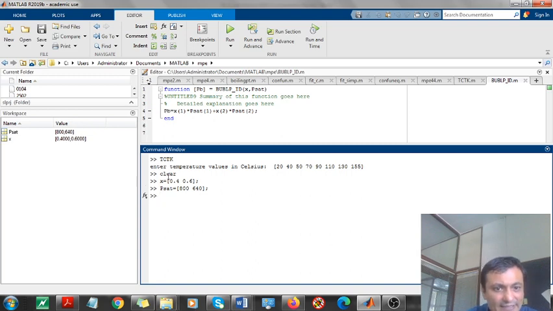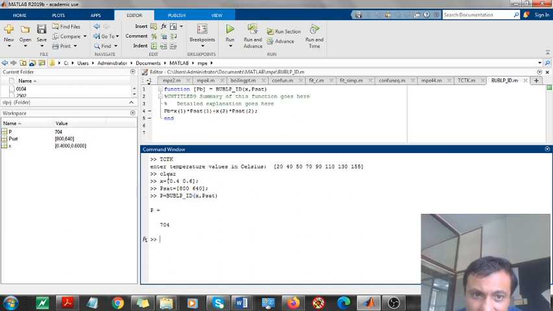So this is my x and p set. This will go in, so I'll say p equals bubble p underscore id of x, p set, and I press OK. I get my bubble p.